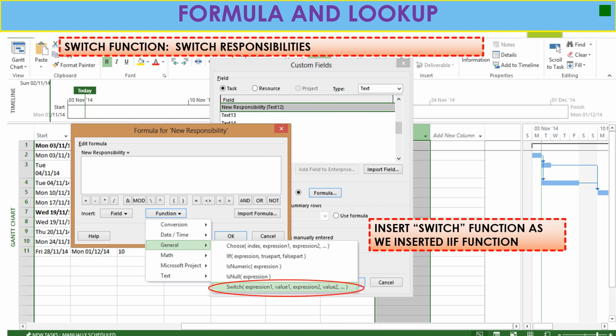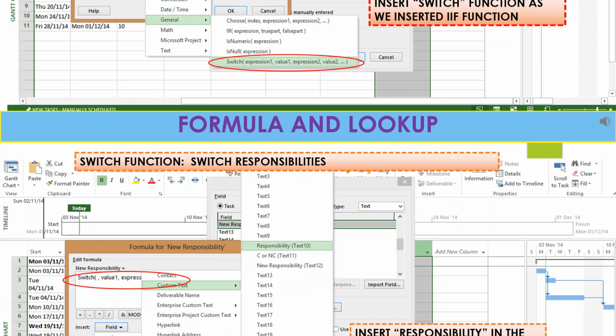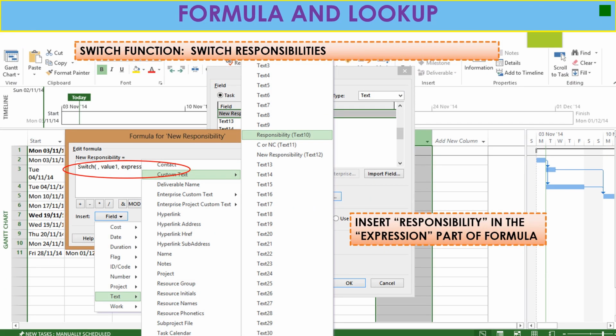Here you can see the switch expression, value expression; it's like an Excel function only. So we select the switch expression and insert the switch function as we inserted the IIF function earlier. Here you can see the switch function is already added.